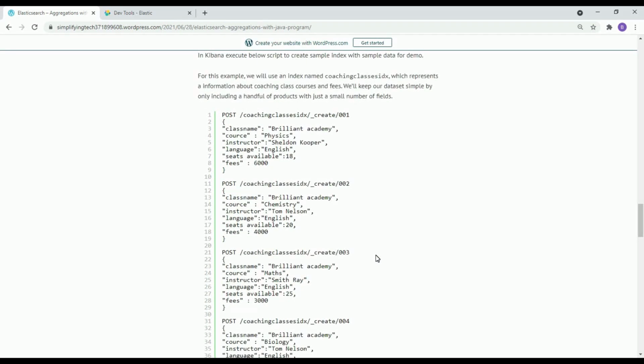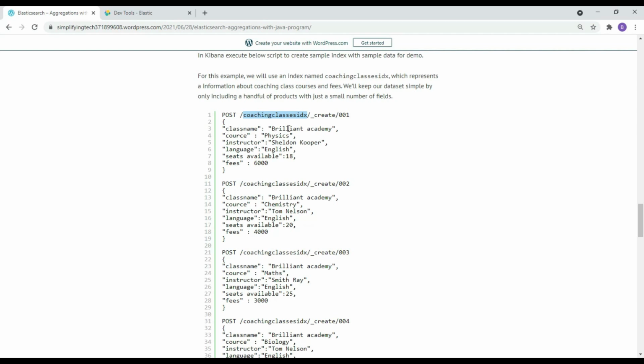I'm adding simple data to create this coaching classes index, which represents information about coaching classes, courses, and their fees. We keep the data set simple, with limited parameters: the class name, the course, the instructor name, language, seats available, and fees.